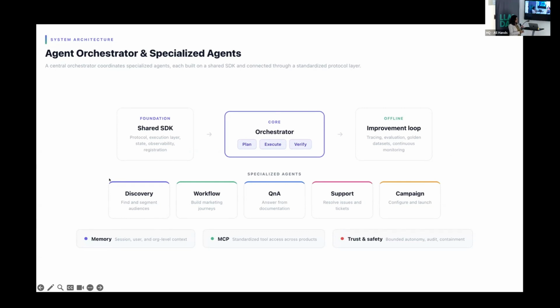I've put in some specialized agents. We have a suite of many more. I've put in the work ones that I'm more closely connected to. So we have an agent that lets you discover your data. This is more you're retrieving data from the databases. So it tells you which leads are interested in which products, or the interest of the people that you may want to send an email to. You can ask different types of questions, but it tells you about their geography, like where they live, or what kind of job title they have, or things like that. So it basically gives you a lot of information about the leads.